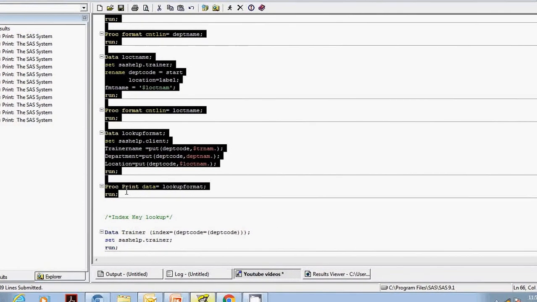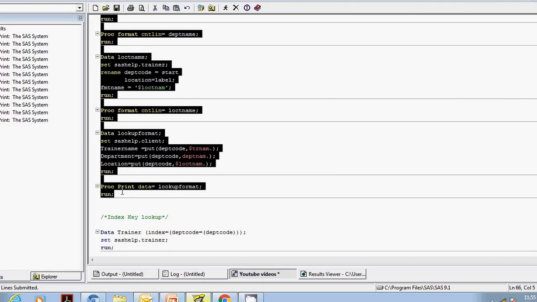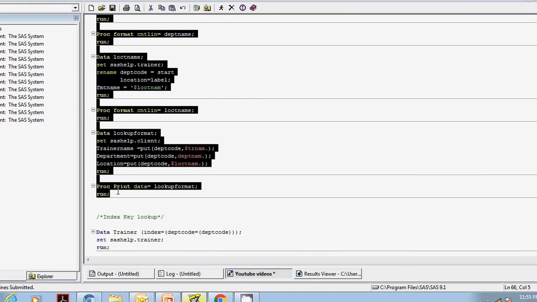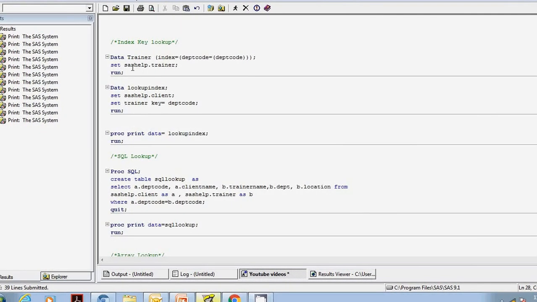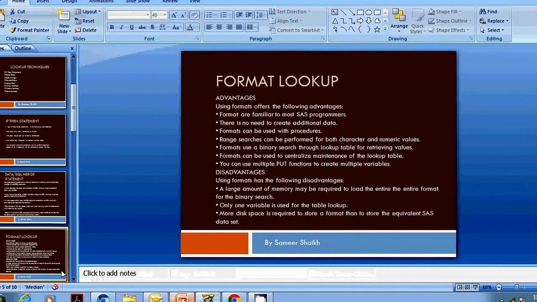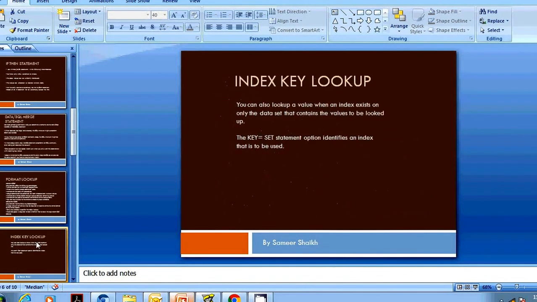So I hope you understood this technique. Now I would go to the index technique, which is quite simple. In the index, you have to